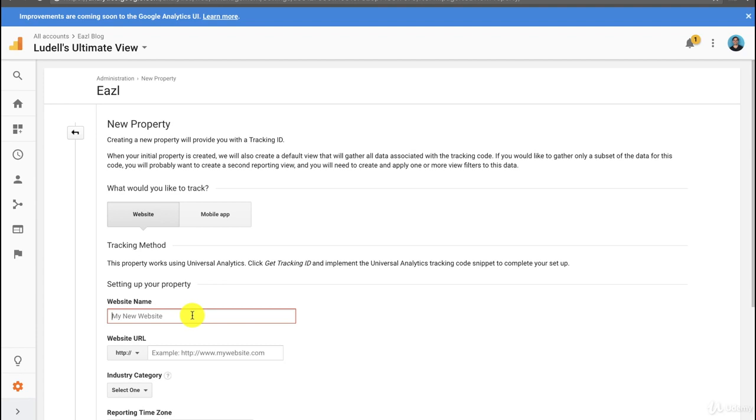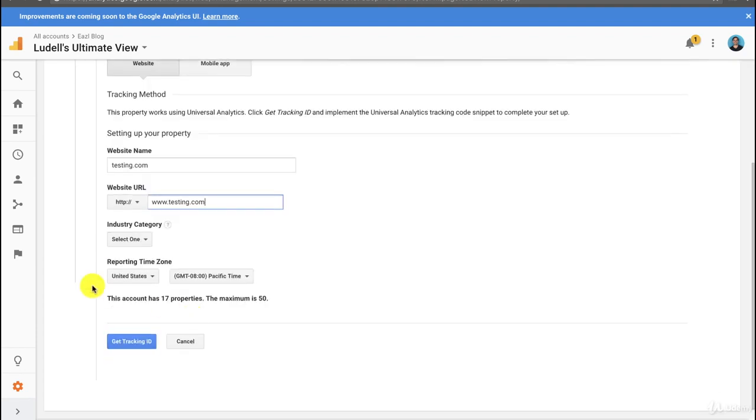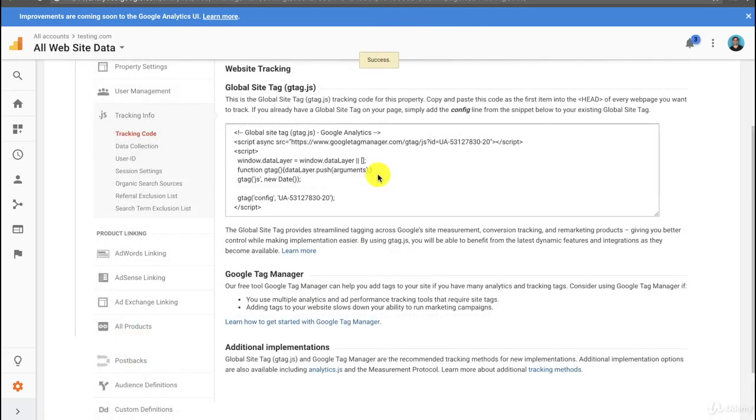All right, so we'll name this property maybe testing.com because I don't really need a new property yet, and then I'm going to fill out this information here. All right, now I'm going to click Get Tracking ID. All right, now you're going to see here that you have this website tracking code. So you're going to want to copy that, and then you're going to want to paste that into the header